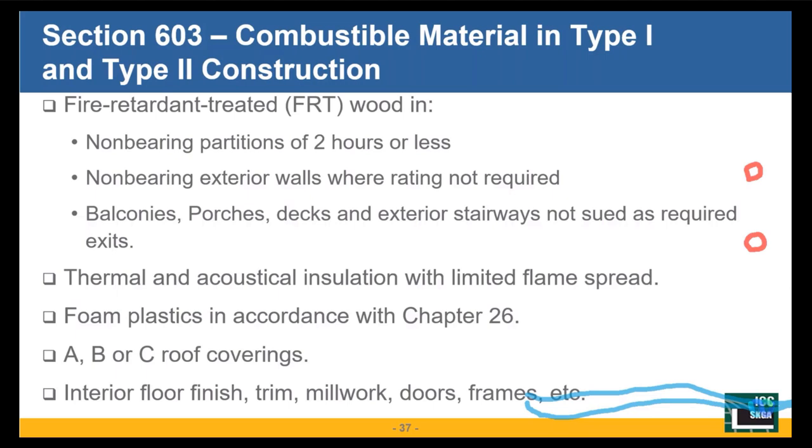You can use fire retardant treated wood for non-bearing partitions of 2 hours or less. You can use non-bearing exterior walls where the rating is not required. You can also use it in balconies, porches, decks, and exterior stairways, not used as required exits. Maybe typo here, I apologize. Thermal and acoustical insulation with limited flame spread, foam plastics in accordance with chapter 26, class A, roof covering, class B or C, and interior floor finish like trim, millwork,